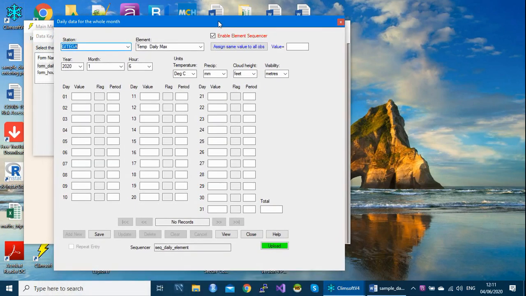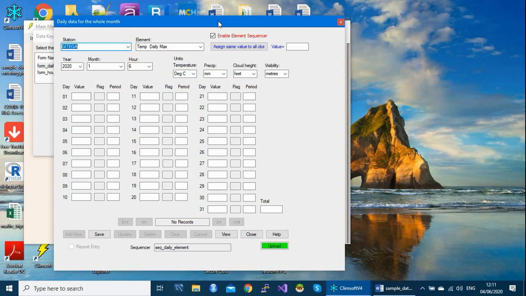Let's say you want to enter data for only one parameter, let's say rainfall alone. So you have rainfall data for the whole year and you want to enter them alone.